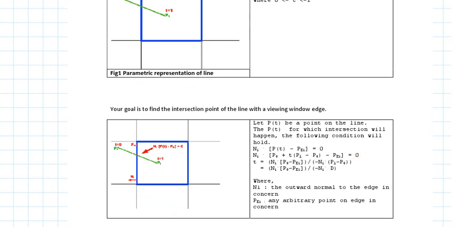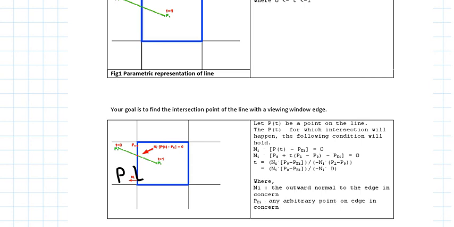Now solve this equation to find the value of the parameter T for which you get the intersection point. That means you have to find the value of T in this PT for which this intersection condition holds. If you solve this, you are going to get something like this: Ni multiplied with P0 minus PEI